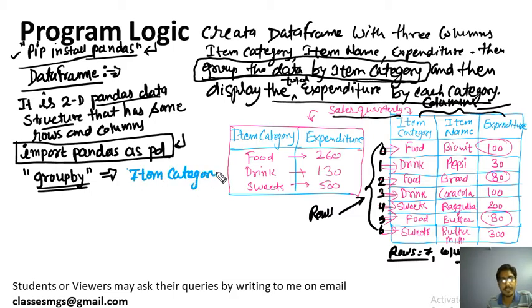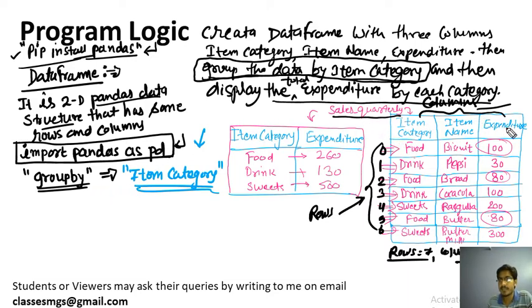Let's suppose I am just showing, not writing the syntax, just showing the concept of how to do the group by. Let's suppose you want to do the group by item category, because before understanding this problem you should know how the group by works, otherwise you will not be able to do this. So let's suppose we want to do this data frame group by item category. If you know the group by in SQL, that is very similar, because a data frame is similar to the table in MySQL or SQL database.